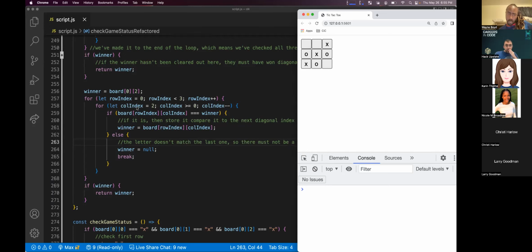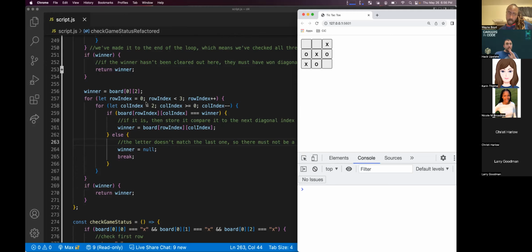Board at 0, 2 is equal to the winner, which is X. Take the board row index, col index, and make that our winner. This is no longer true. So we go back up to the col index, we minus 1 from it. Oh, but the row is still the same.